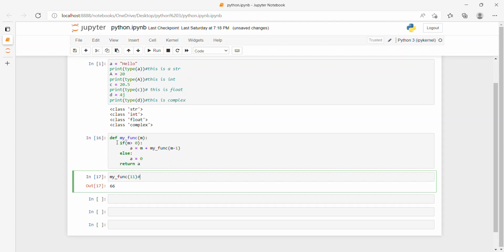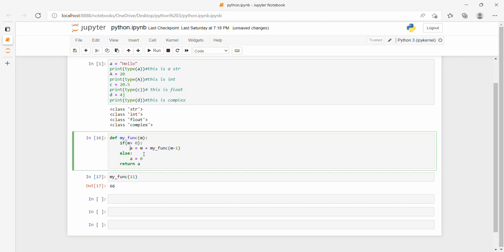We are defining a function called myfunc. We are entering a parameter called m. If m is greater than 0, we are creating a variable a is equal to m, whatever the value of m is,